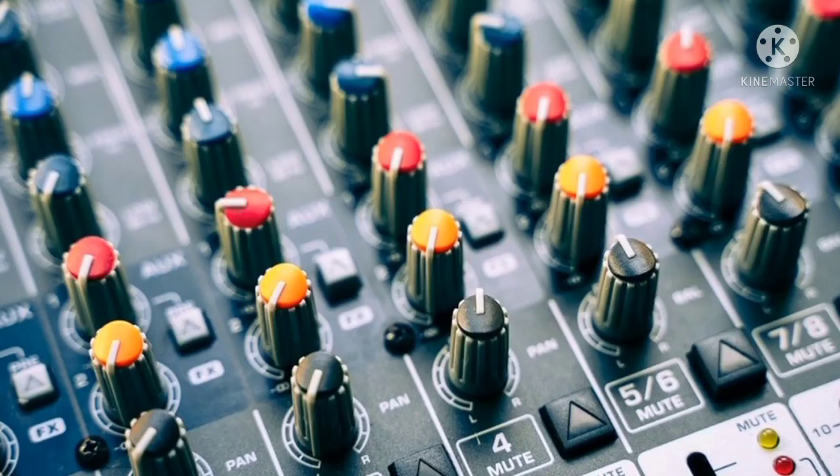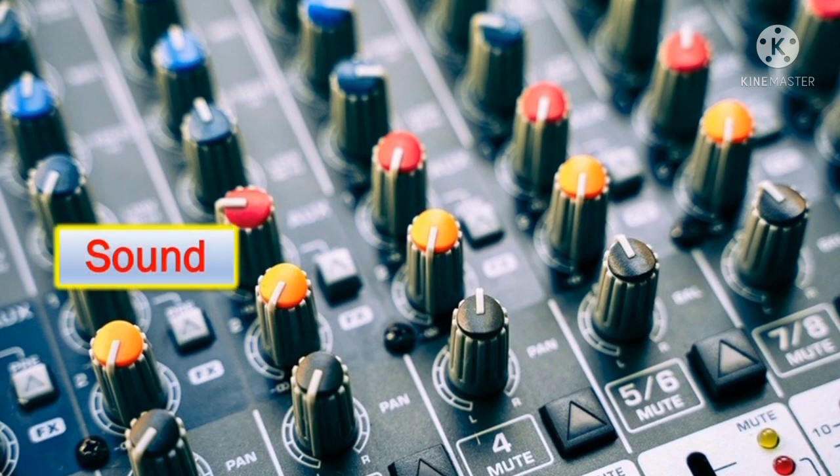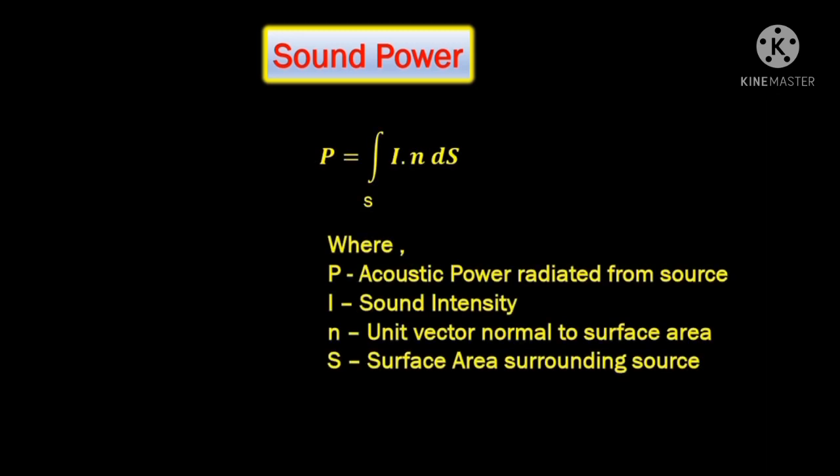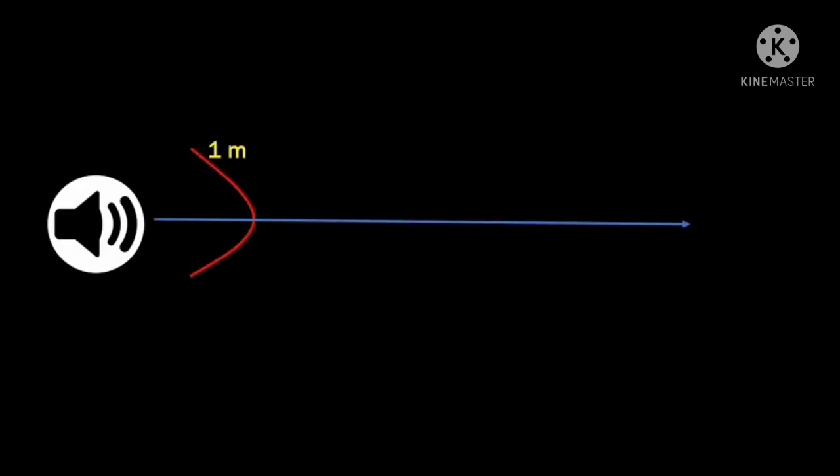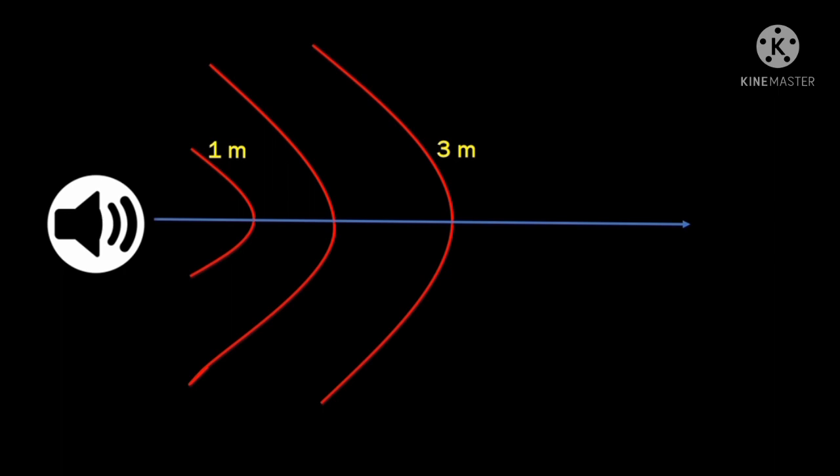Friends, let's now see how integration is so powerful in the world of sounds. Now, the sound power passing through an area can be easily obtained by integrating the sound intensity over an imaginary surface surrounding the source. Now friends, this sound power is very important because it helps predict the sound impact of musical performance venues. We can easily decide if the music is too powerful like this, or if it's too weak for the audience to enjoy, like this.